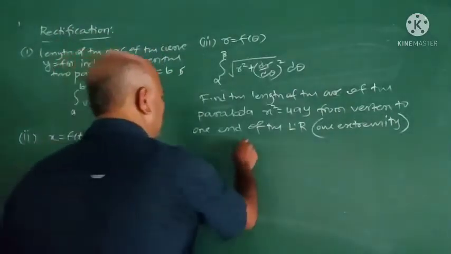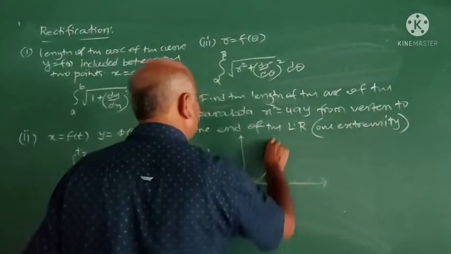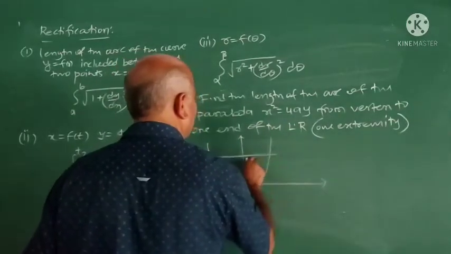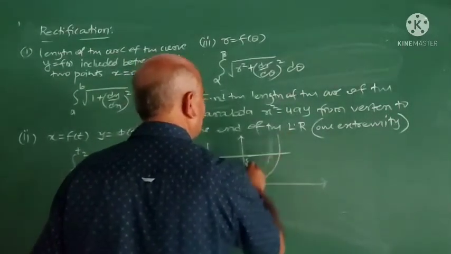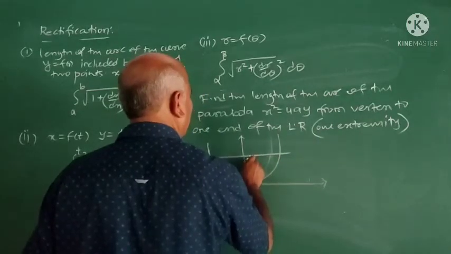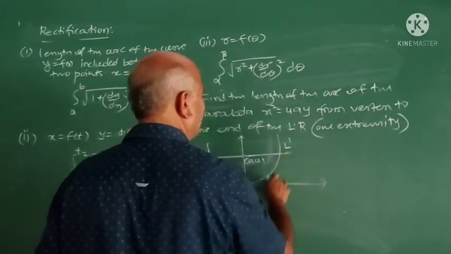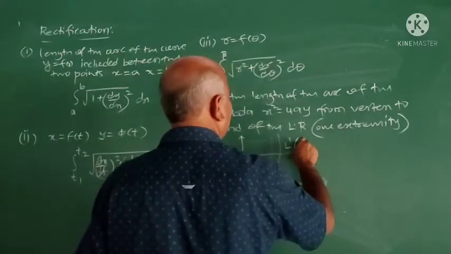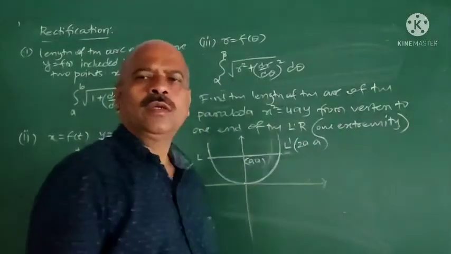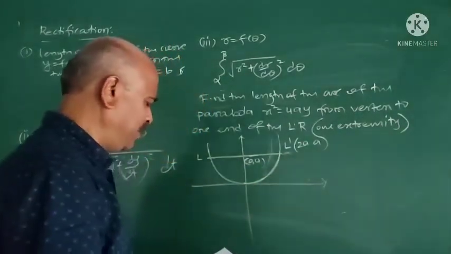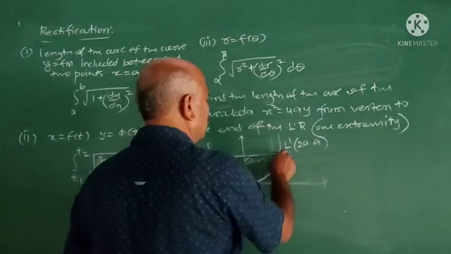It is Cartesian form. First you should know the shape of the parabola here. x square is equal to 4ay, therefore this is the parabola, and suppose S be the focus, it is symmetric, therefore shape is like this. S is the focus here. What are the coordinates of focus? 0, a, and L dash is the latus rectum. What are the coordinates of L dash? 2a, and this length is required. Vertex to one extremity of the latus rectum. So what are the limits here? 0 to 2a.